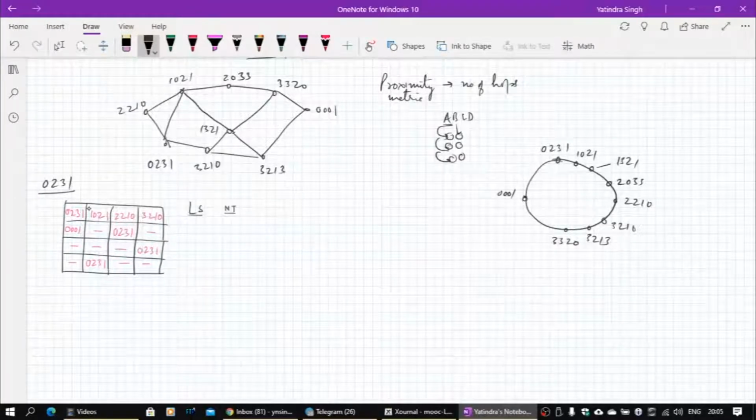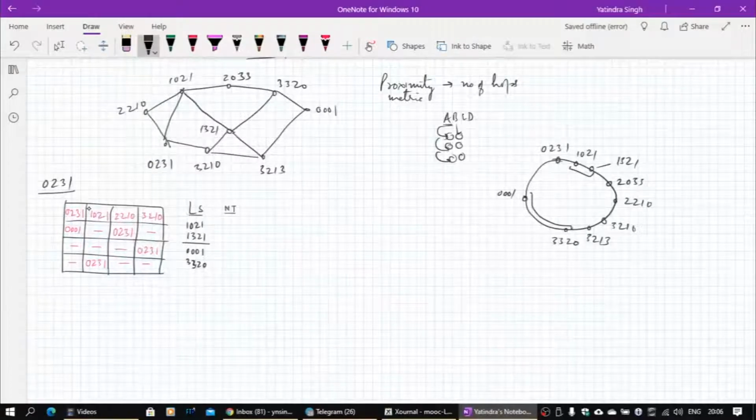So the leaf set for 0, 2, 3, 1 we can actually compute from here. I need only 4, so these 2 and these 2 will be the leaf set for 0, 2, 3, 1. So I can write 1, 0, 2, 1 and 1, 3, 2, 1. That's one side, and the other side is going to be 0, 0, 0, 1 and 3, 3, 2, 0. So neighbor tables will come from here.